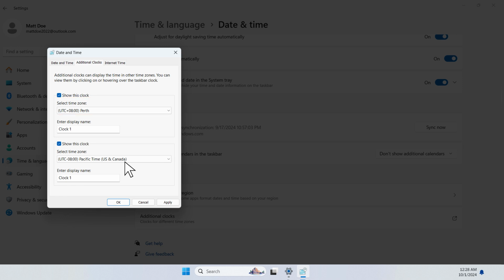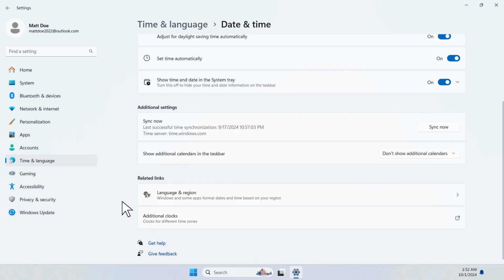You can rename the clock to make it more suitable for your needs. In this case, type Perth in the Enter Display Name field. Click Apply, and then click OK. Now, when you hover the cursor over the Notification Center, the Perth time zone is displayed alongside your local time